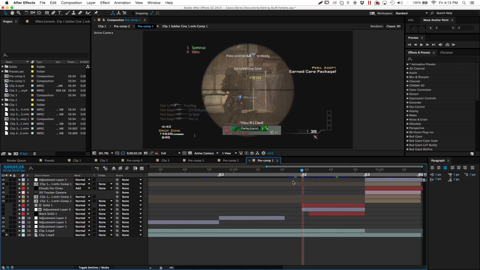What we're going to do is create a new adjustment layer. So you can go up here and